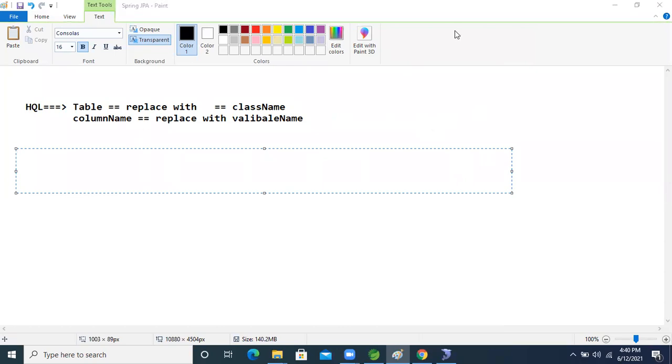So just think about what I'm writing: an SQL query. I'm writing select eid, ename, esal from emp_tab where the condition is esal, question mark, with a symbol, greater than or less than?